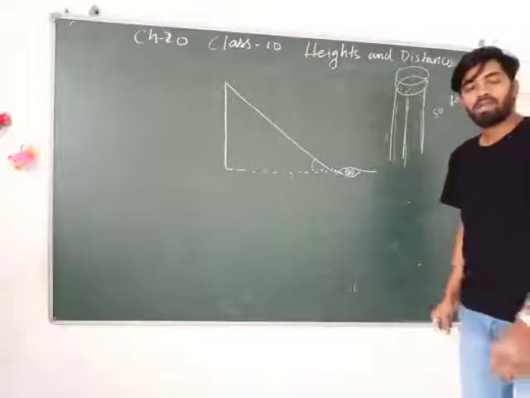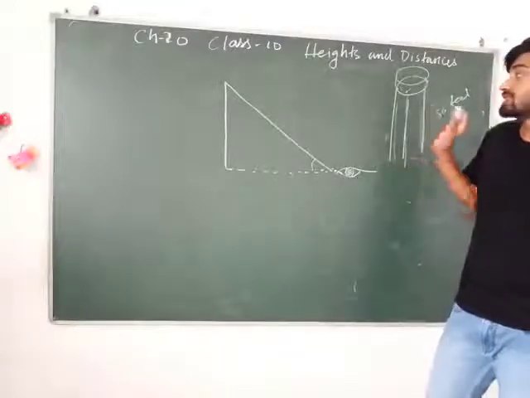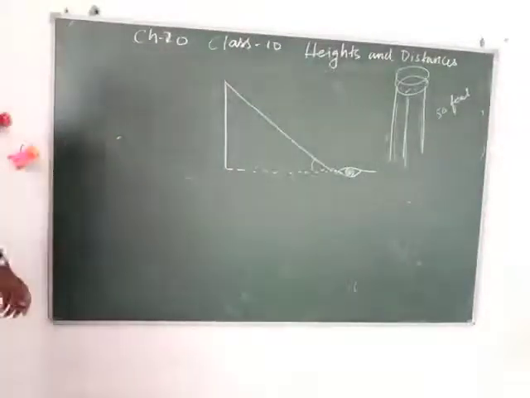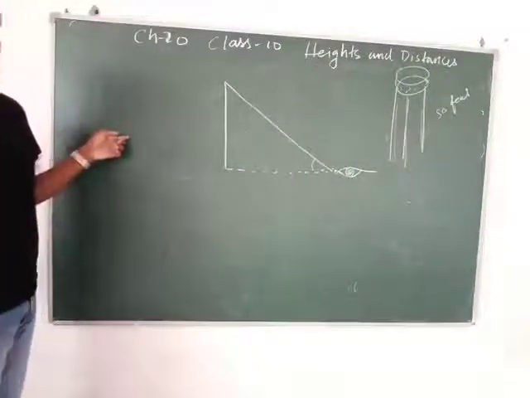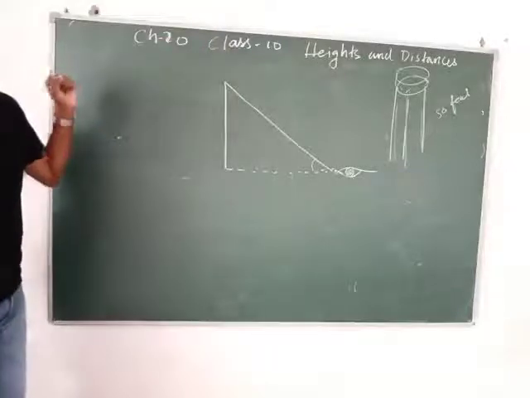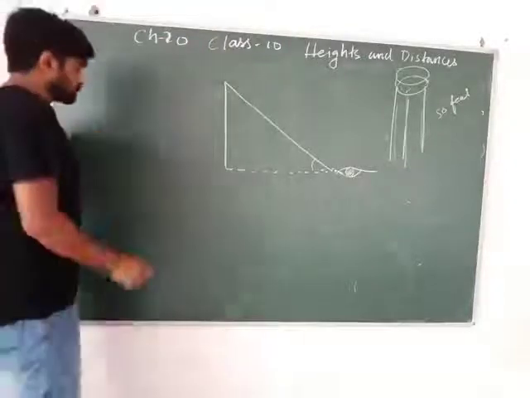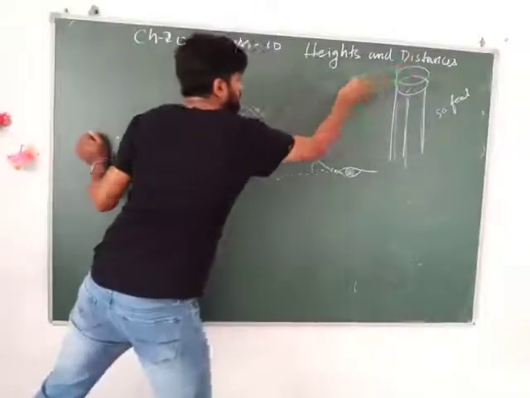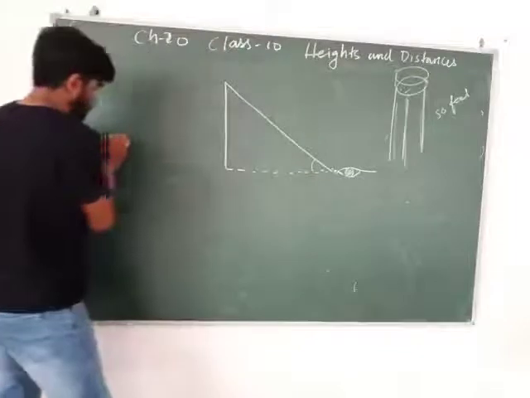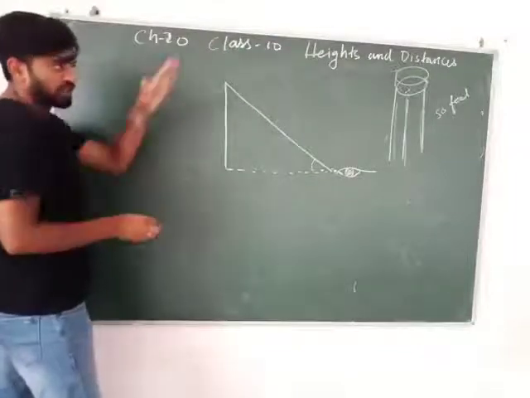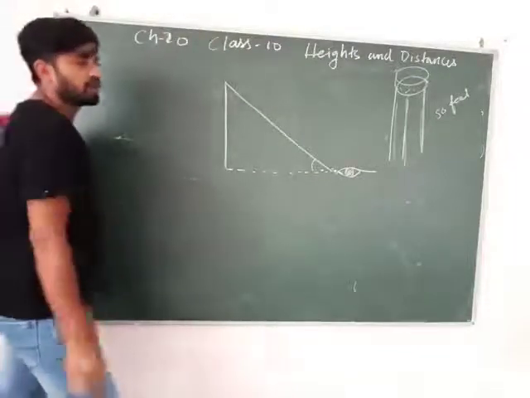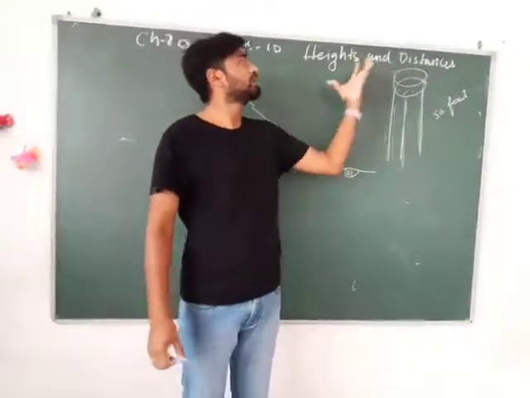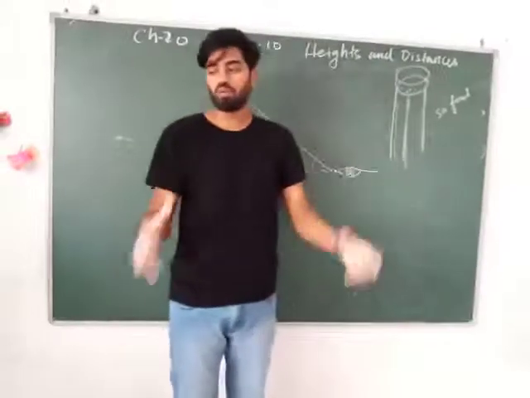Okay, and if you're standing at a place and you can see this water tank, for example, I'm standing over here. My house is somewhere there. I know the height of the water tank. Okay, you know what is water tank, huh? Then I can figure out the angle between this, and if I can figure out this angle, we call it the angle of elevation, then I'll be able to find how far I am standing from it. So that's why the name of the chapter is height and distance. I just gave an overview of the chapter.